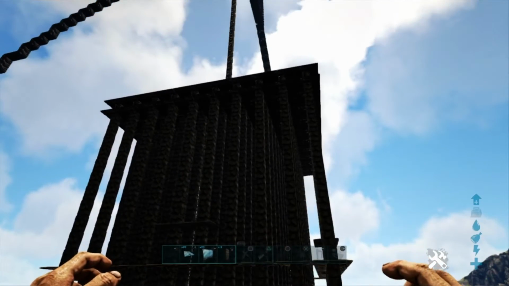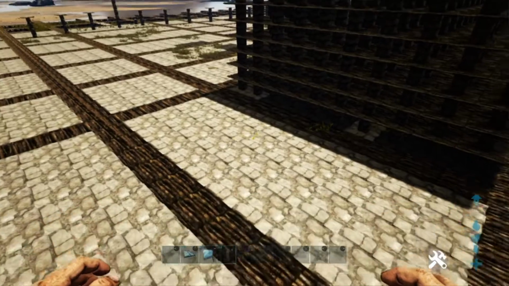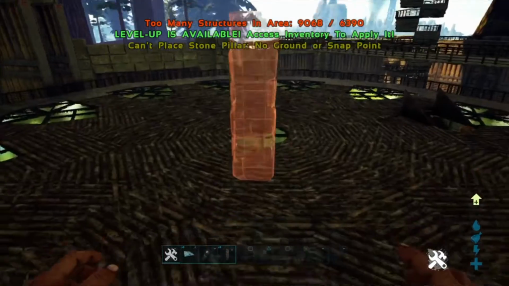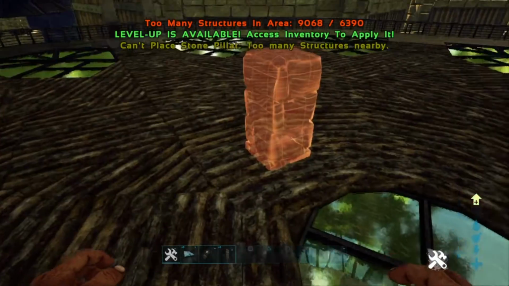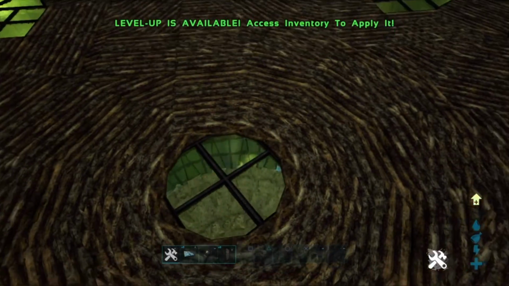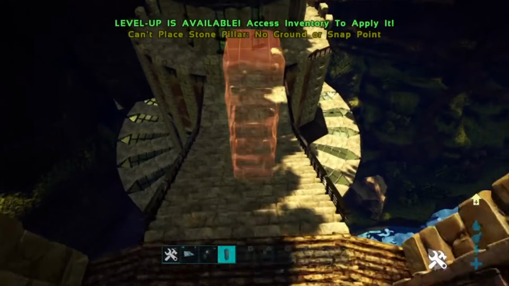Now, in today's episode, I am going to be showing you how you can artificially increase the max structure limit. Now, what does it mean to artificially increase the max structure limit? Well, let me show you. This is the Clouded Castle build, and as you can see, I have 9,000 structures out of 6,390. So, it's not actually increasing your max structure limit. What this is going to do is it's going to manipulate the detection area so you can put more structures